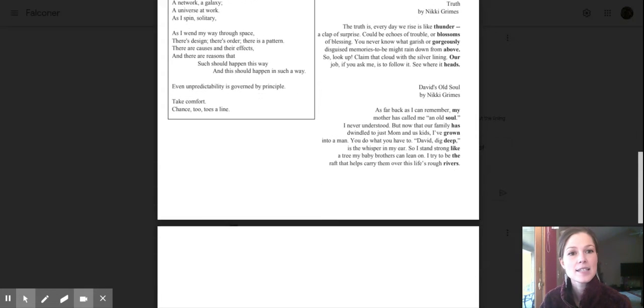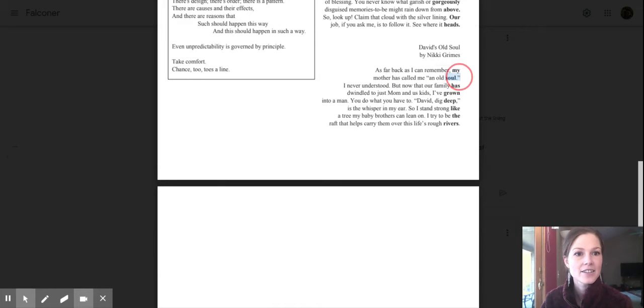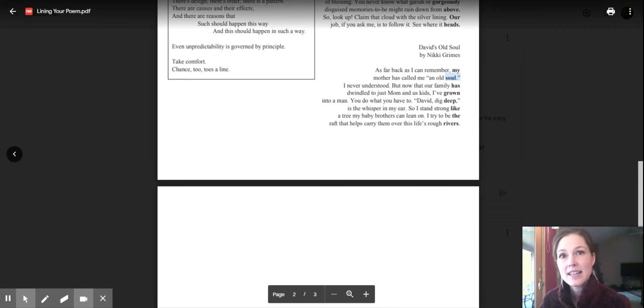And we see a very similar type of poem here. It's by the same author. And again, think about, why does it stop here and then start? And why did the author stop here? And do you notice anything else about the way it is lined?